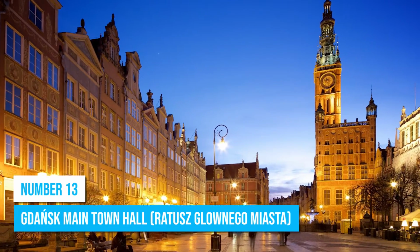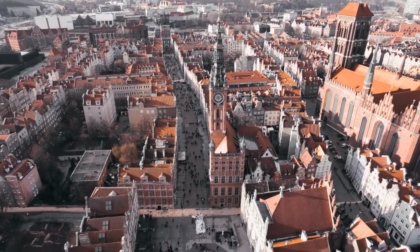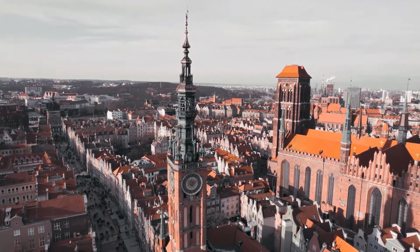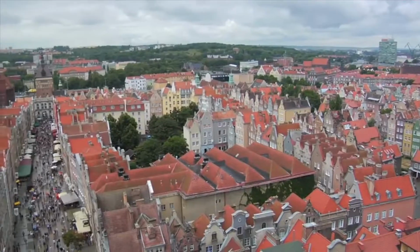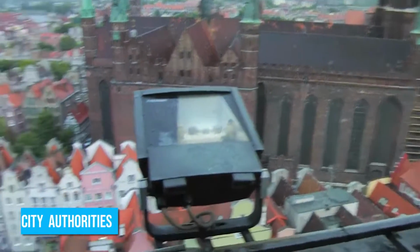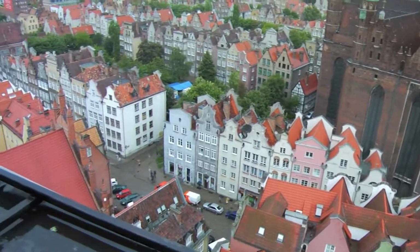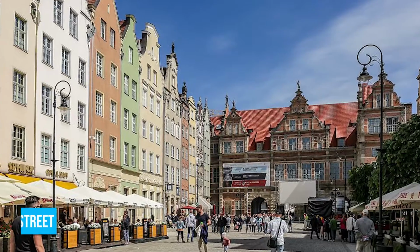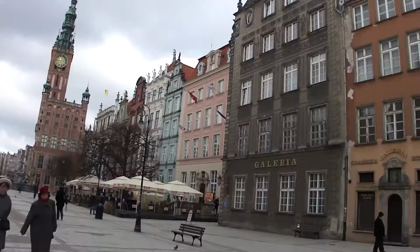Number 13. Gdańsk Main Town Hall. Visit the Gdańsk Main Town Hall, an exquisite landmark perfect for history enthusiasts and architecture admirers. From the mid-15th century until 1921, it served as the seat of city authorities, holding centuries worth of fascinating stories within its walls. Exploring Długi Targ Street, a vibrant street leading to the main town hall, you'll be enchanted by